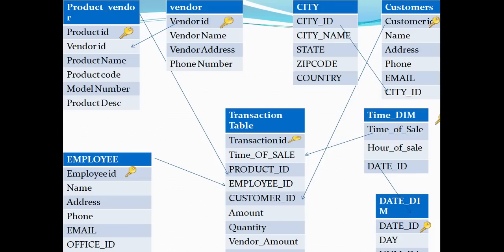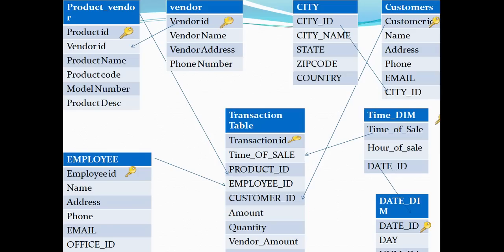Let's just quickly recap what we learned till now. The fact table here stays the same, but the dimension tables are normalized. This actually reduces the data storage.